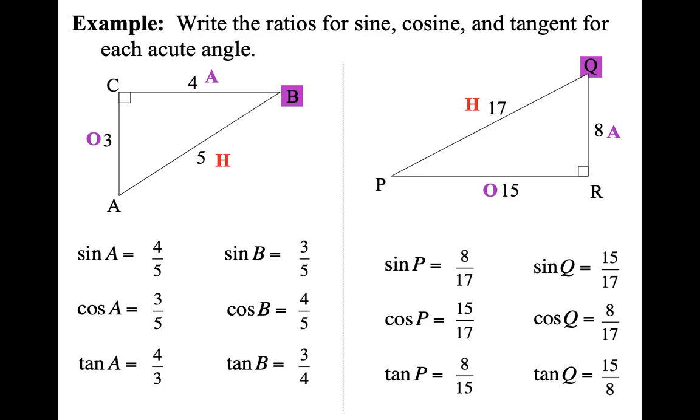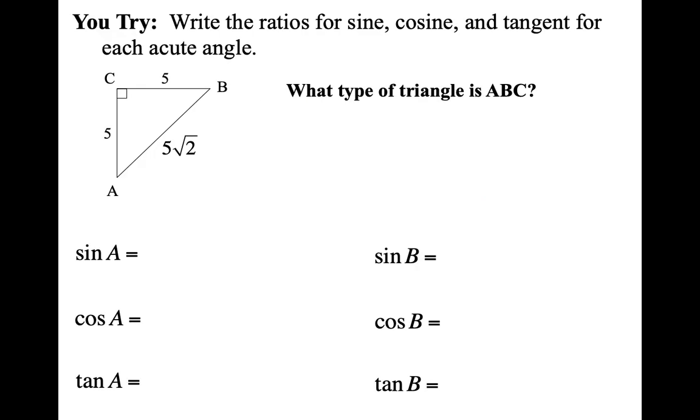Again, we can see this pattern where P and Q are complementary. They add up to 90 degrees. We know that by the triangle sum. The sine of angle P is 8 over 17, which equals the cosine of angle Q, 8 over 17. We can also see that the tangents are reciprocals of each other. This was originally a try-it problem, and if we were in class, I would have you go ahead and do that. But we're going to do it together here.